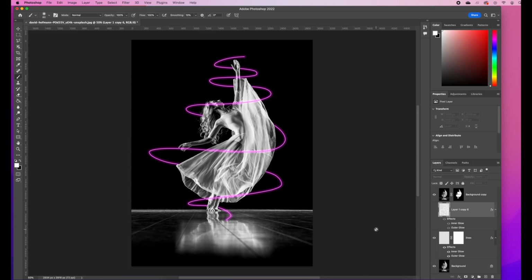Welcome to today's tutorial. Today what we're going to be looking at is creating this glow neon distortion that we're going to be putting around this portrait of the dancer. Now you can download the start image from the description box below, and then you just need to import this